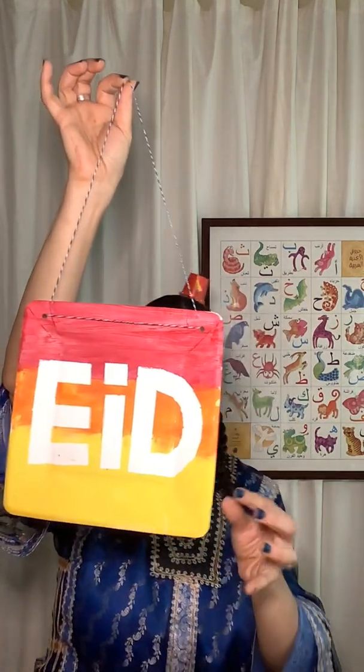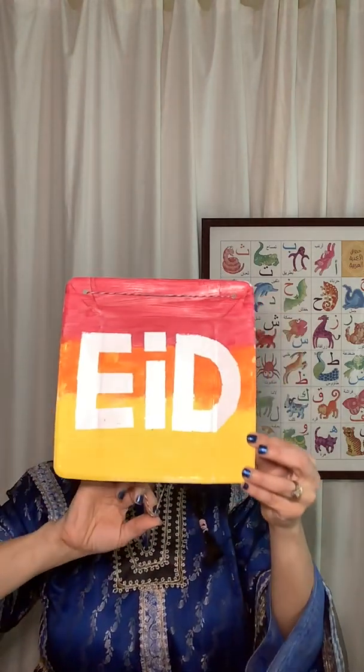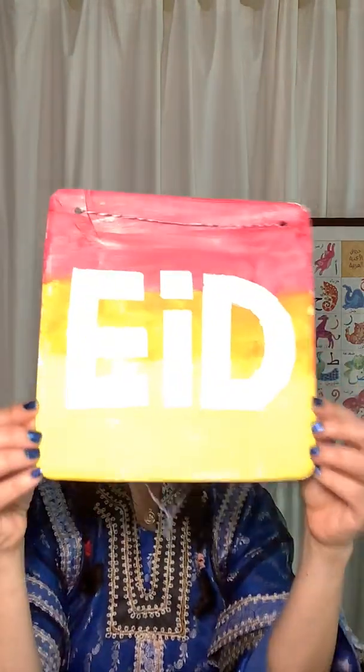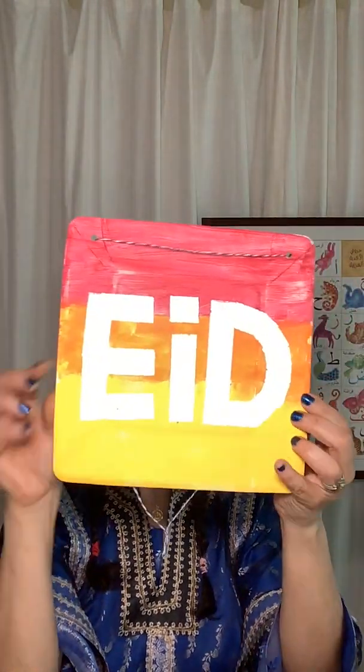But this is one where we took the blue paint, I keep saying blue paint, blue tape off. And look how beautiful that is. MashaAllah. MashaAllah is when you give something praise, and it's a form of protection that you place on it. So this is our creation that we made, very similar to what this one will look like. You can see they look very similar once we take our blue tape off, which I'm going to do in a little bit once that one dries, which you should also wait for yours to dry. But here's our beautiful